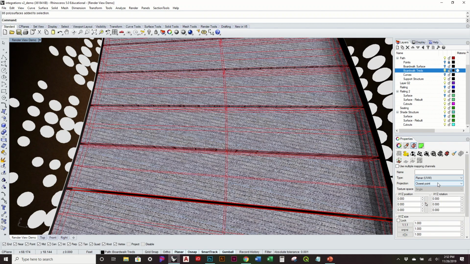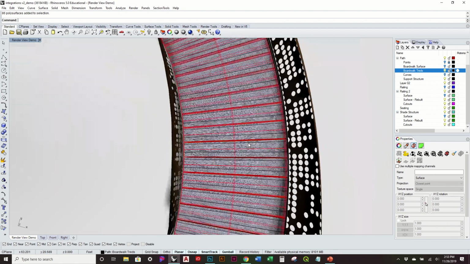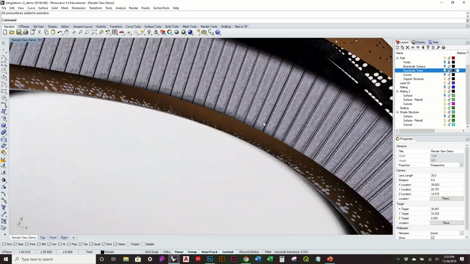Oops, it doesn't even seem to like that one. Let's just try using the surface. There we go. So now you can see, if I deselect that, these treads actually follow that rotation, which is